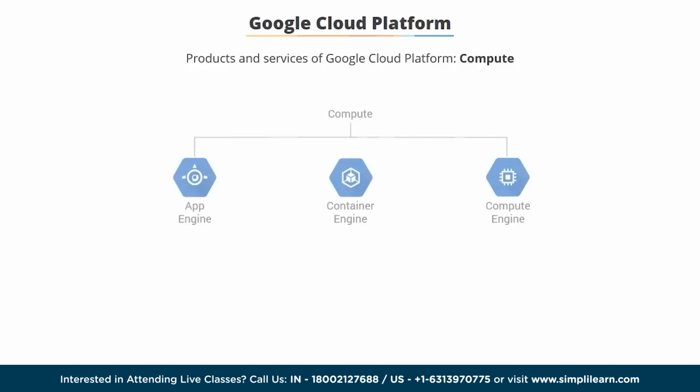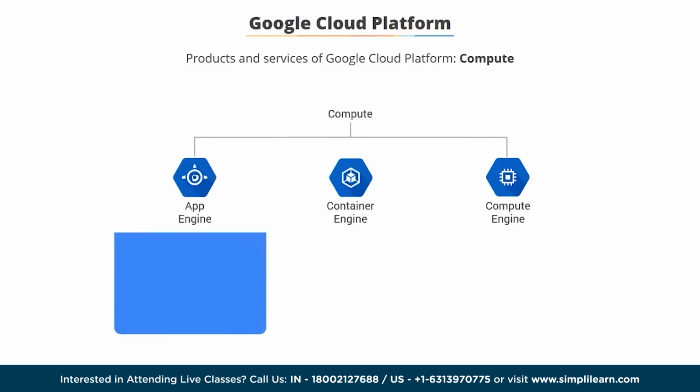Okay, so talking about compute, here we've even got three options. We've got App Engine, we've got Container Engine, and we have Compute Engine. App Engine is the most constrained environment. You do not have much flexibility in terms of what you can do, but the benefit is by constraining your application to only the business logic, you really only write the business logic. Google takes the responsibility for everything else, making sure the software is updated, patching, scaling,